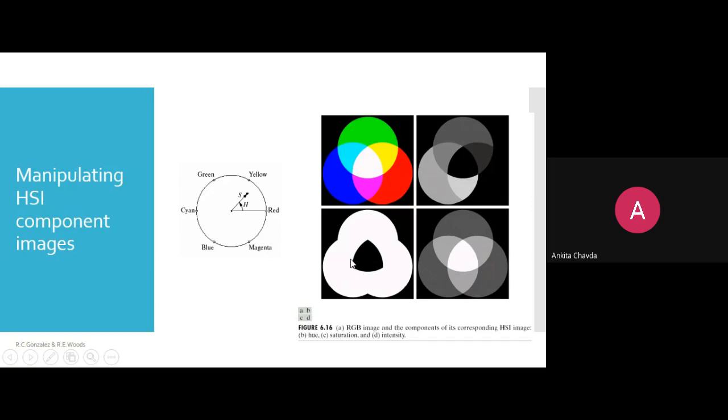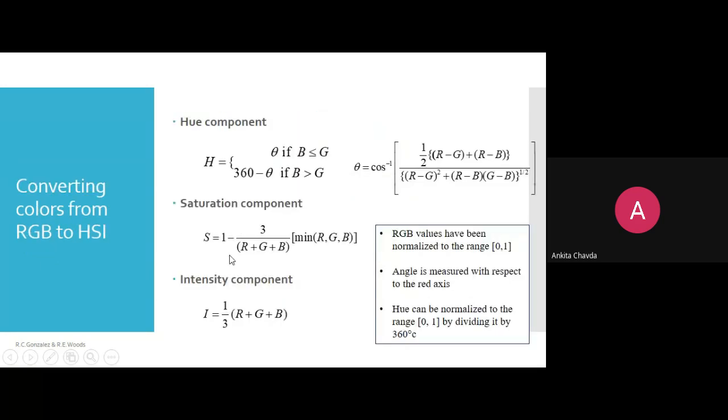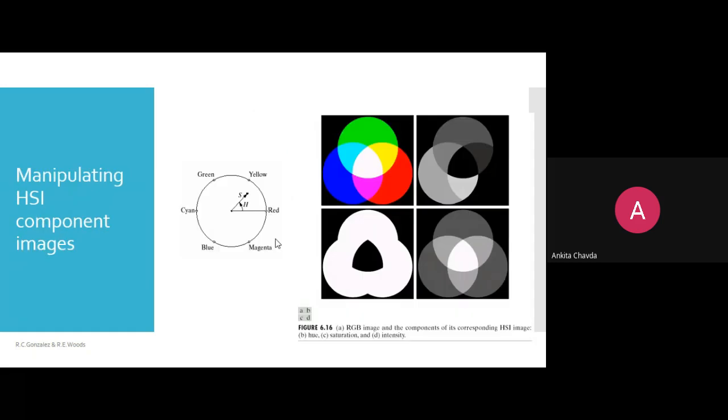Opposite to that, they have given the black color. Because you can see, saturation is 1 minus something, so it will do the opposite of that. Right? 1 minus something. If you have their color as 1, then 1 minus 1 becomes 0. So 0 means the black color. So at the middle, you are getting black color. And for these colors, you are having the white color. Fine. And this is intensity.